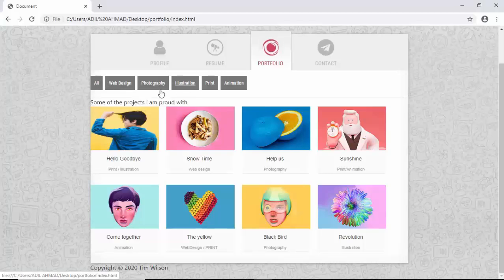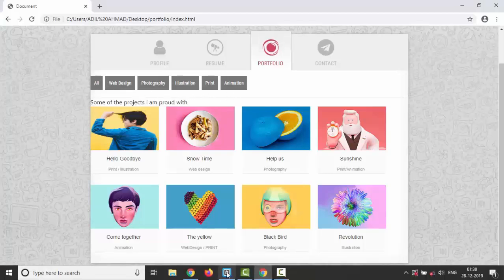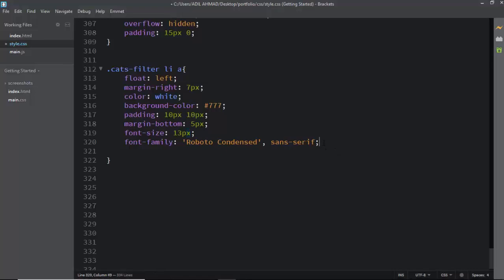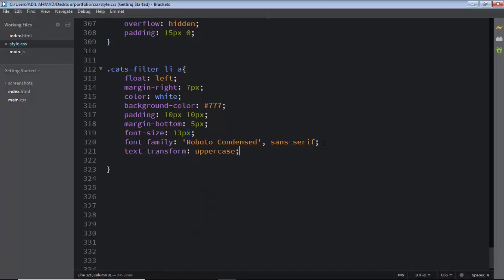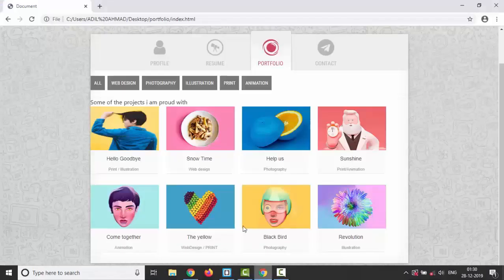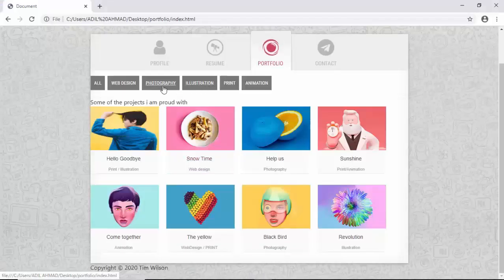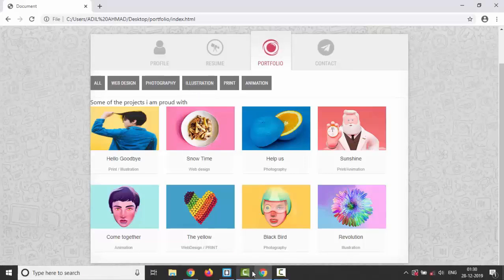Now I am putting all the text as uppercase. So what I'll do, I'll just mention here text-transform uppercase, so we'll get all the text as uppercase. Yes, see here. But